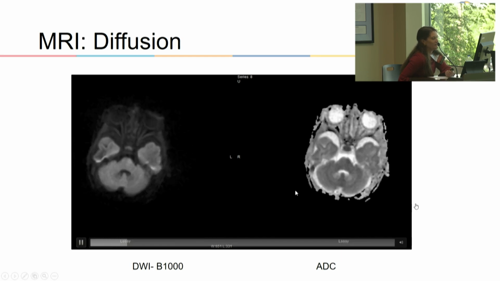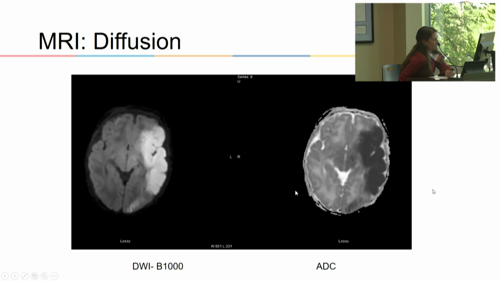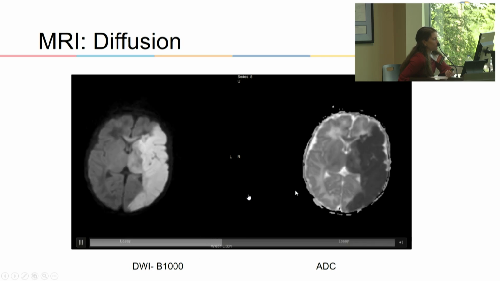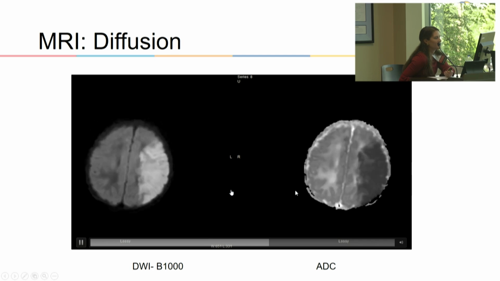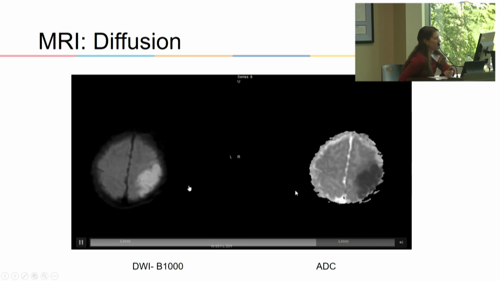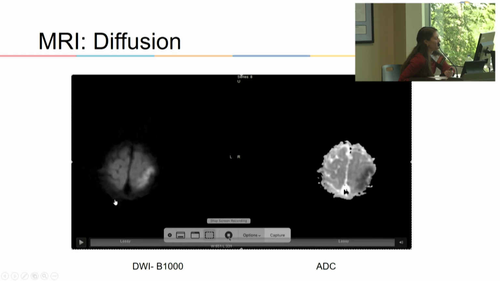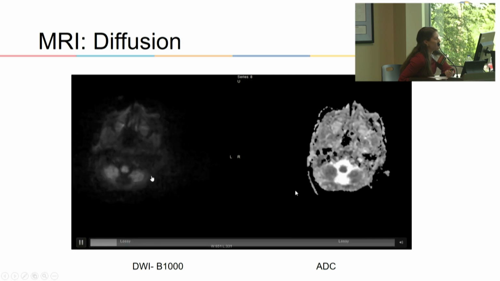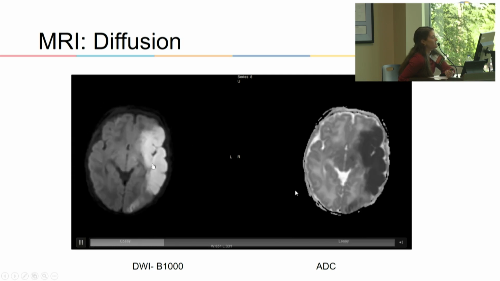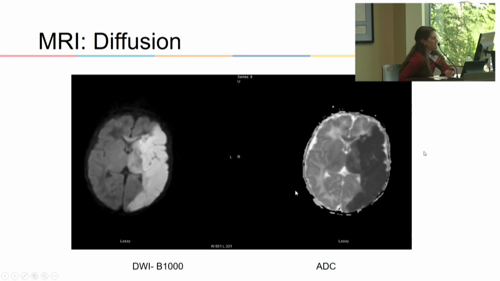Diffusion imaging, love on MRI. This is the best imaging to look for acute injury, basically. So acute infarct. This is an example of, so this is a DWI image, diffusion weighted imaging. And this is ADC, apparent diffusion coefficient. You use the two together. The DWI is the actual source image, and then they do some math or something and make the ADC. But whatever shows up bright on DWI and dark on ADC is